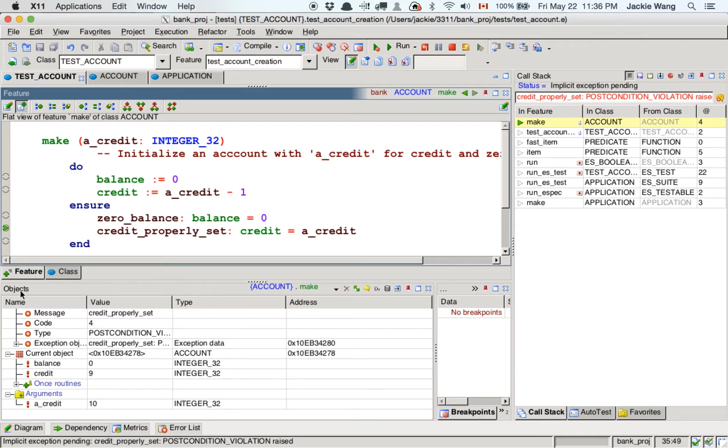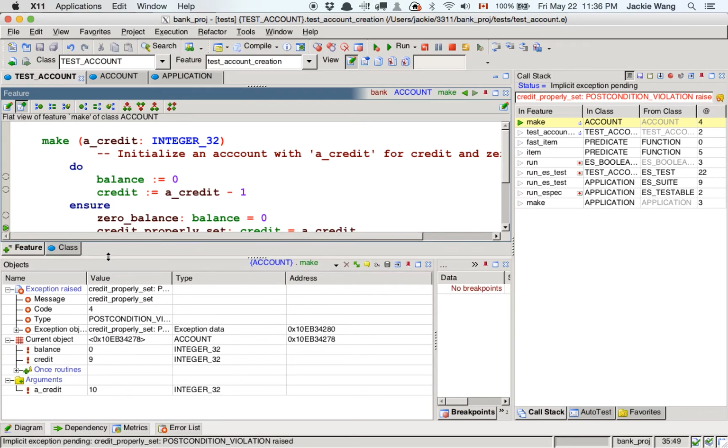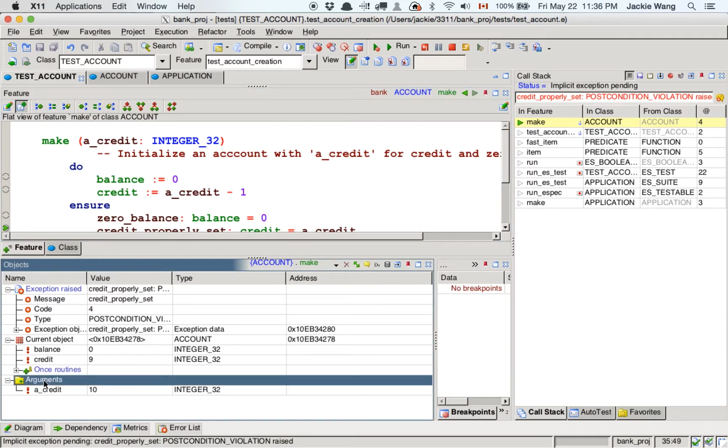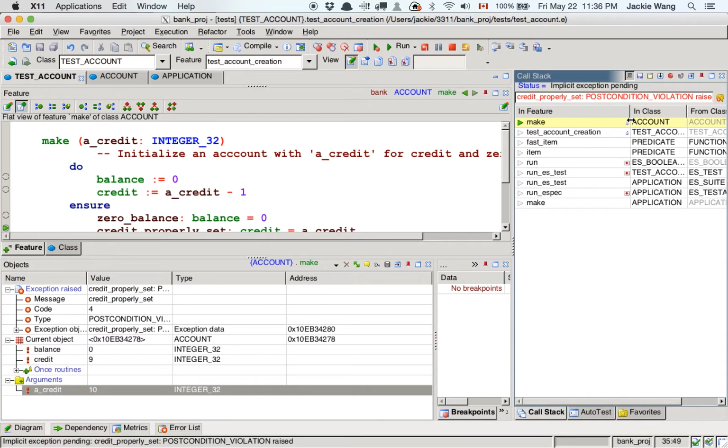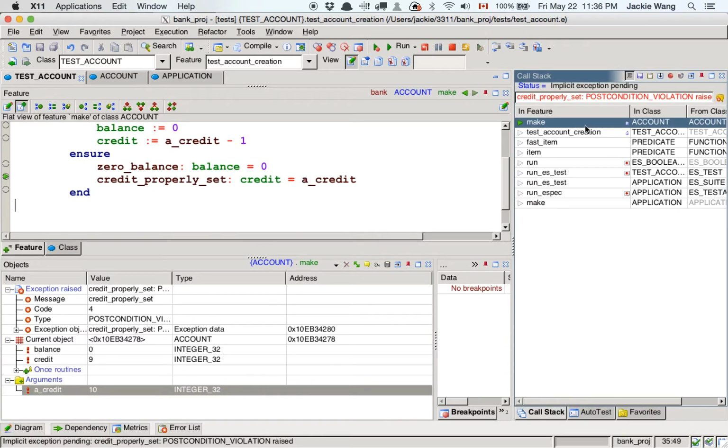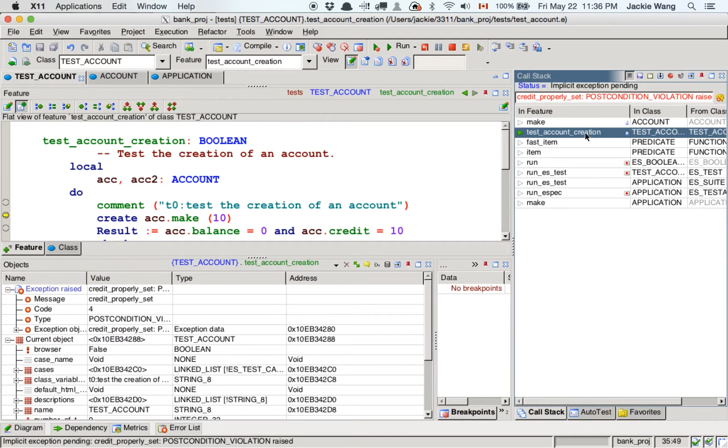So this is the objects view, like a snapshot of exactly where we are. At this point in time, this is the snapshot of the state space. We can see first, because it's a make feature which has an argument, let me just expand this a little bit. You can see that we have an arguments tab here. You can see credits is 10. It's simply because we can see the call stack here, so let me expand this a little bit. You can see the make was actually called from the test account feature